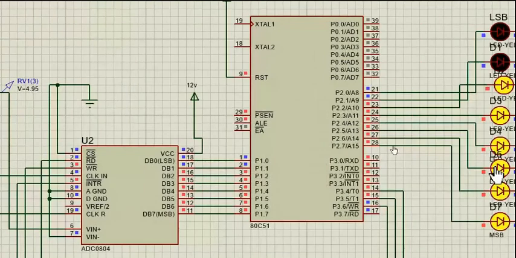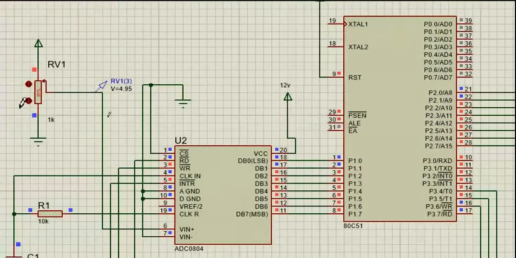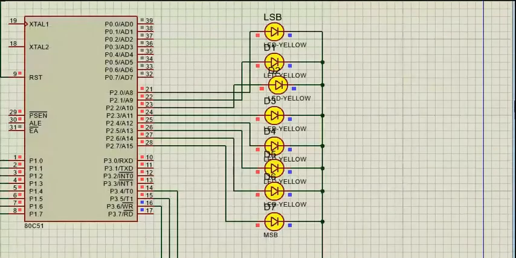If the input is 5 volt, all the LEDs will be on, 1 1 1 1 1.